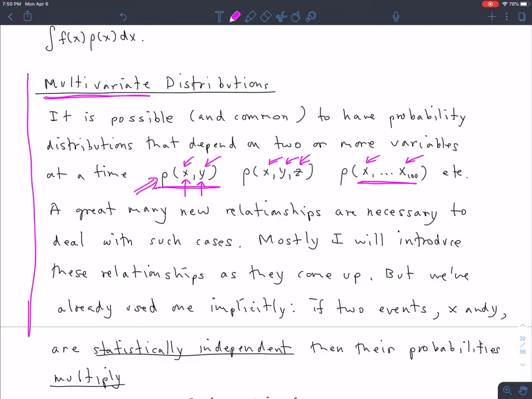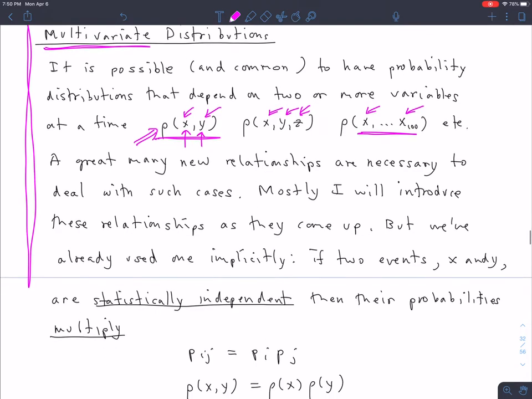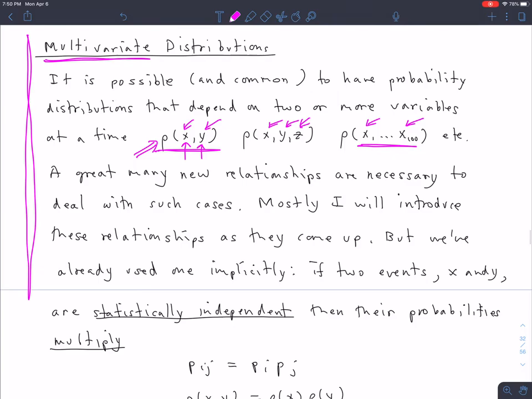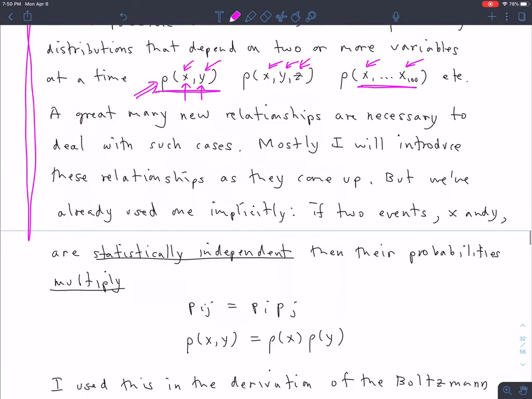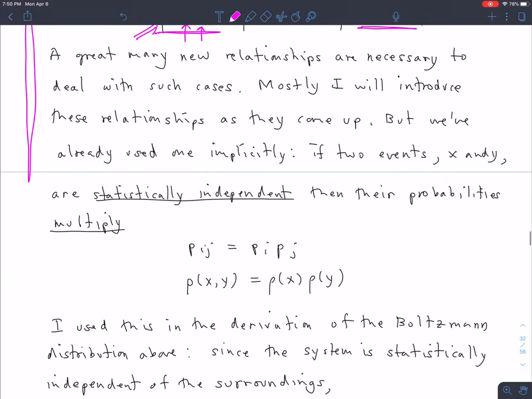So these things are encountered in great numbers and great variety and great complexity, especially in StatMech, but there's also a lot of rules that govern multivariate distributions, and this is not a class in statistics, and so we're not going to spend time going over the general rules. What we'll do instead is go over each of the rules as we encounter them going through the rest of the StatMech. However, we have already encountered one of these cases,